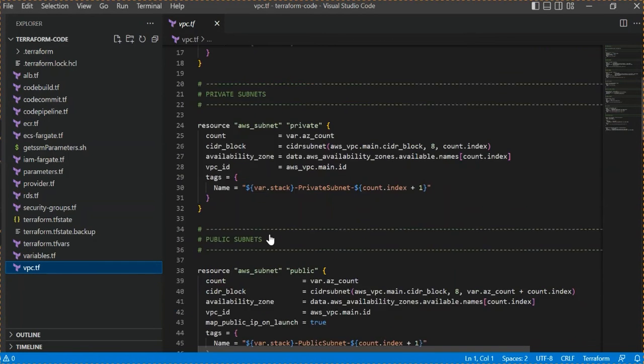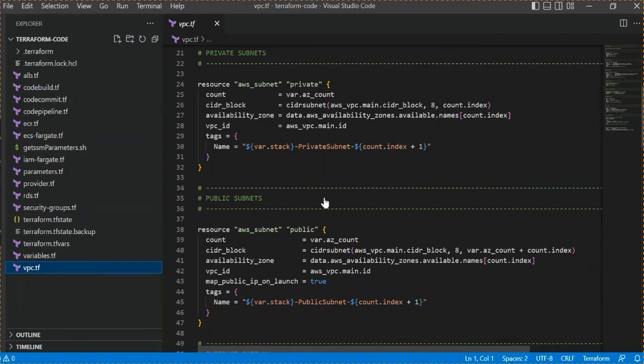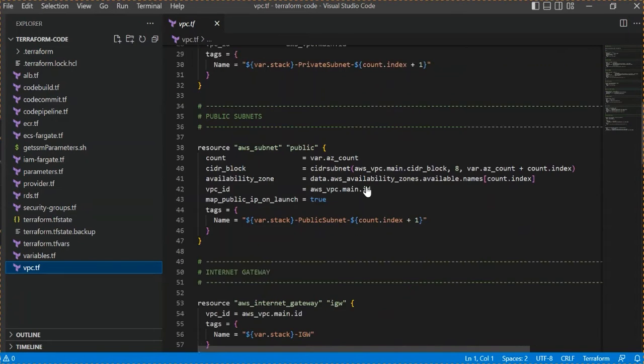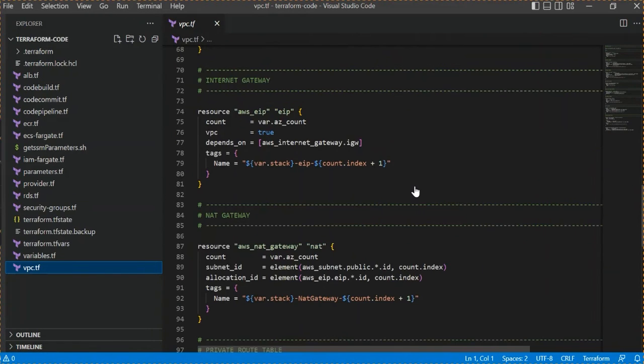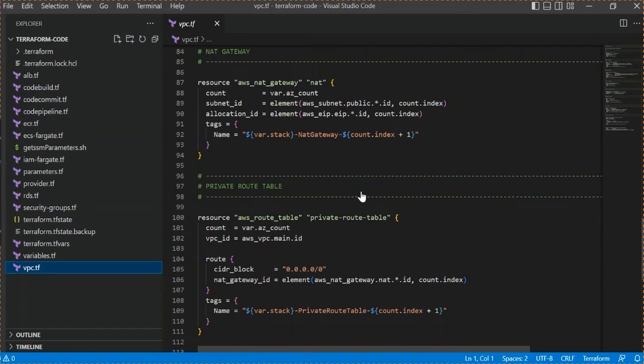Then I have created a public subnet, which means we create public and private subnets so that we can access our services. Then the internet gateway, so that traffic can travel and the services are accessible over the internet. And then I have created the internet gateway. Then further on I have used